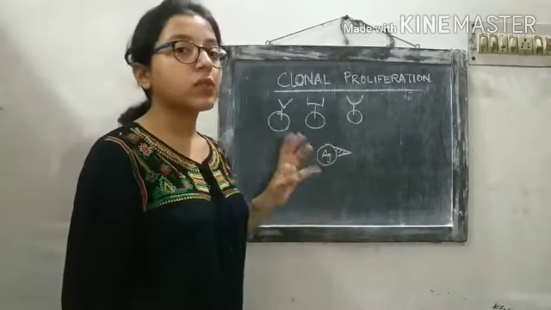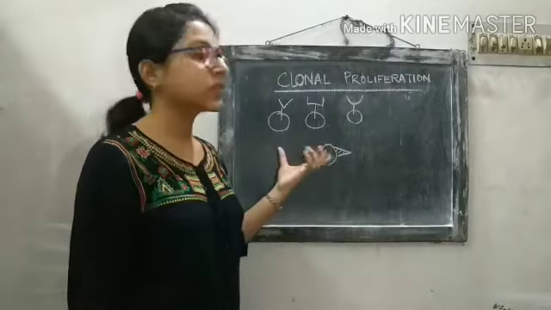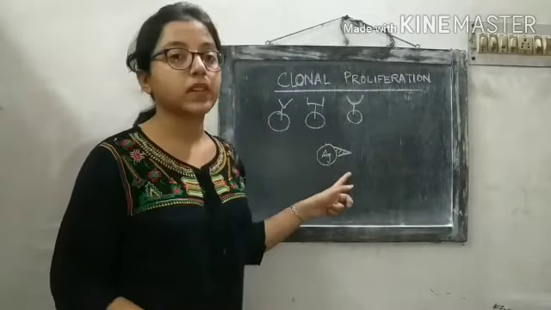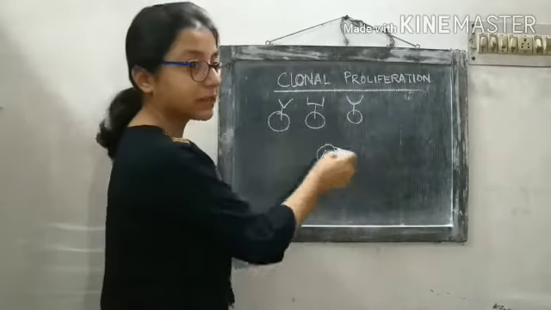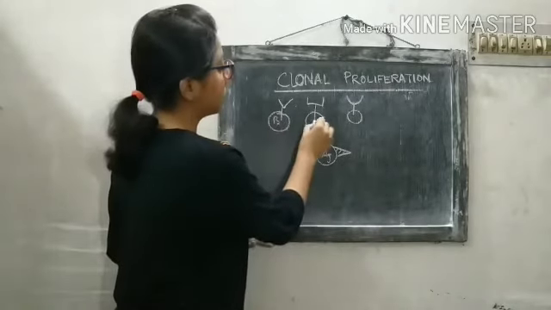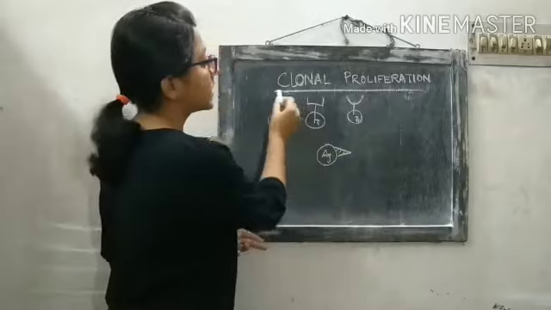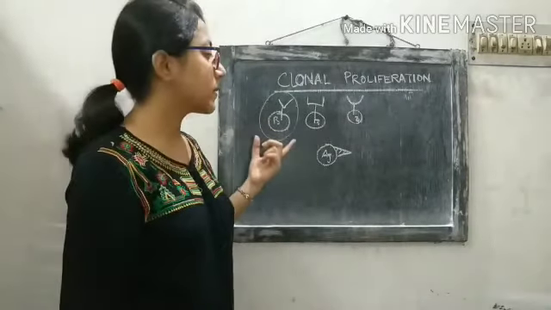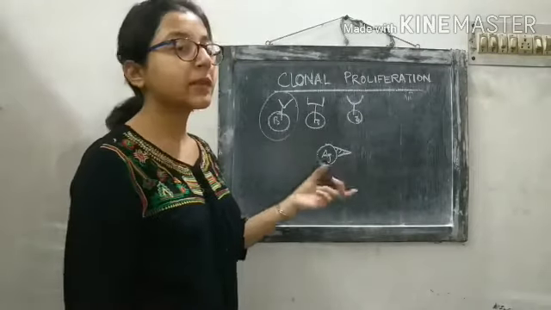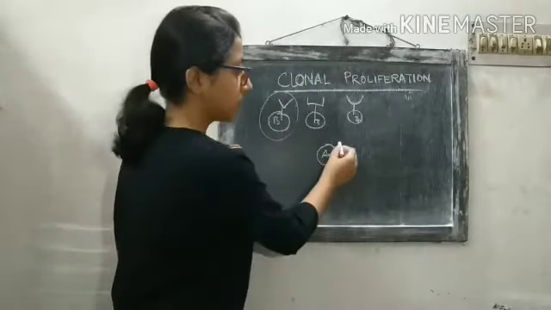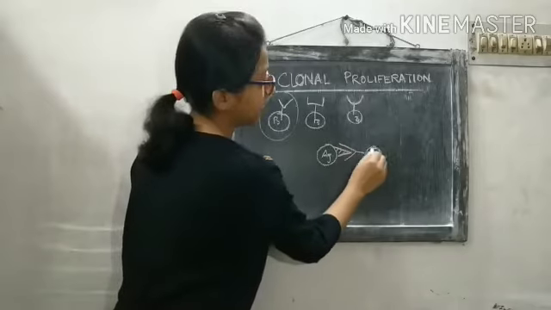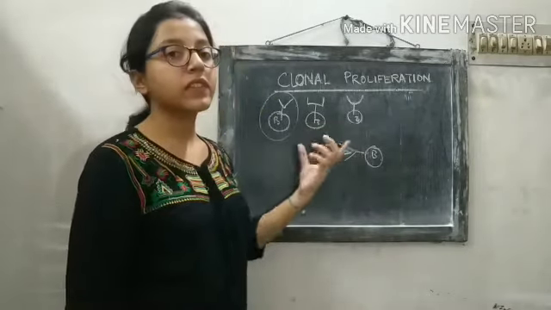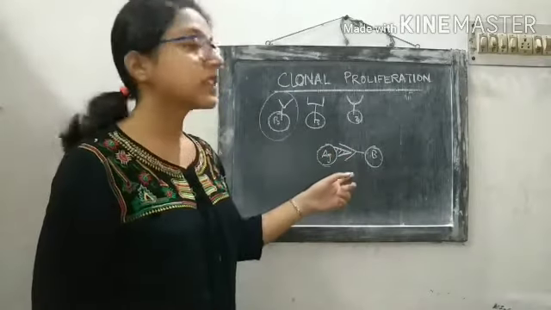Now those B cells will be selected from the population of B cells which have a receptor complementary to this epitope. We can see that among the three B cells, only this B cell has a structurally complementary receptor with the epitope. So this B cell will be able to bind with the epitope like this, and all the other B cells will not be able to bind to this epitope.